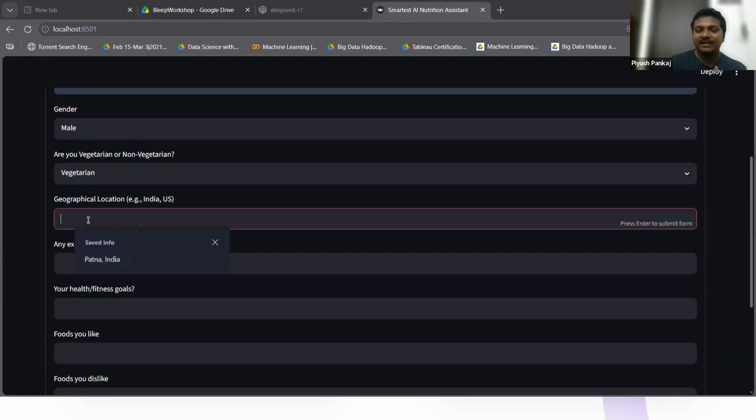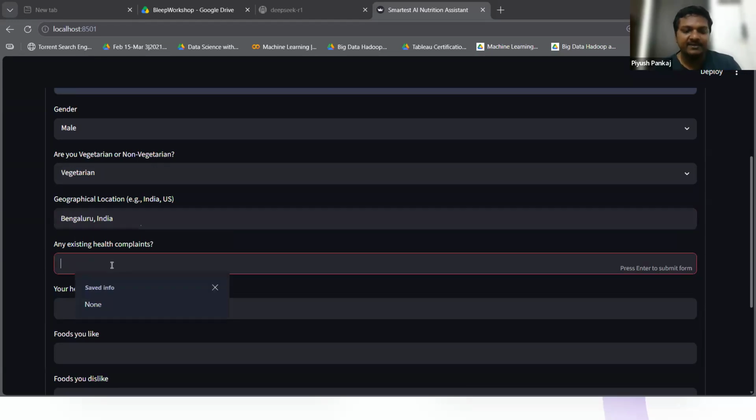If you're living in Pune, you will be having food that you can easily find in Pune. If you're living in Assam, Guwahati, you will be finding the food there. So you need those type of things only. Let's say I live in Bengaluru. I specify the geographical location. Let's say you live in Italy, you will give Italian foods, right?